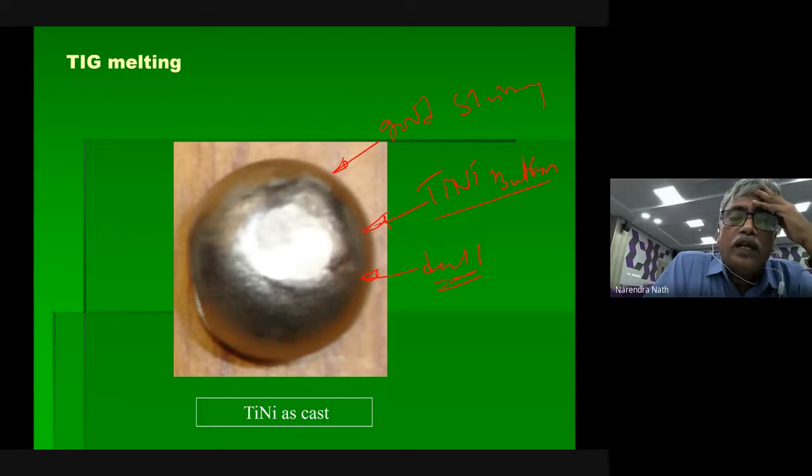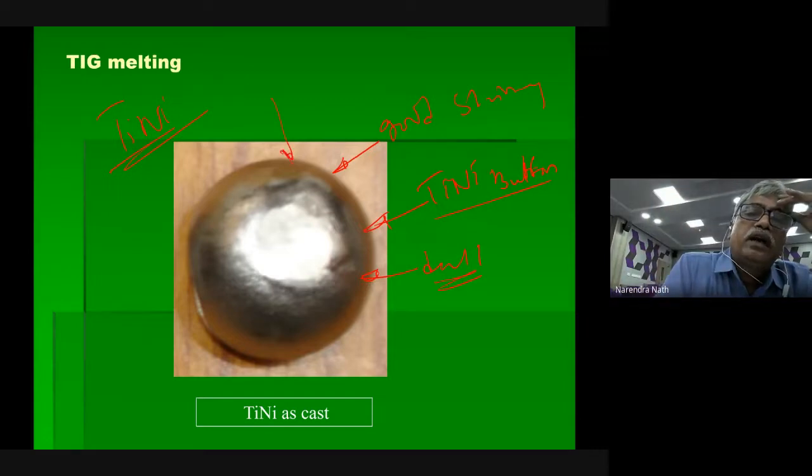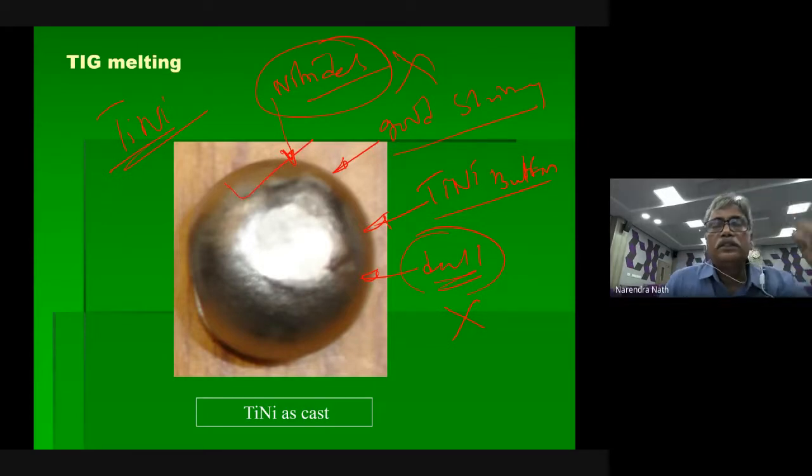Otherwise, if you take the ash-colored one, grind it and do all these kinds of adjustments, what will happen? The composition is no more TiNi, because you lose more titanium if it is the ash kind of color. If it is a copper kind of color, sometimes nitrides will form. So whether this or this, you have to reject. If it is a shiny face, then you accept it. So this is the button, just the initial stage to start your research.